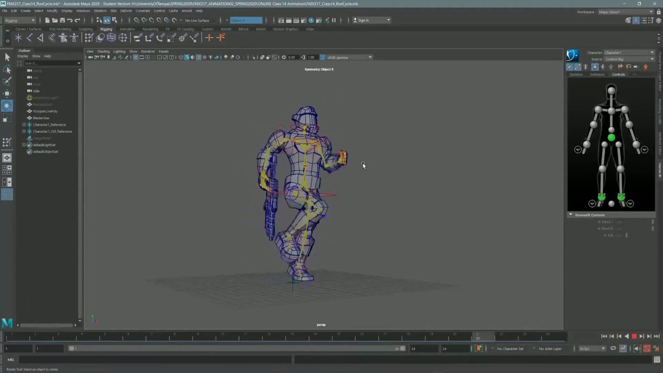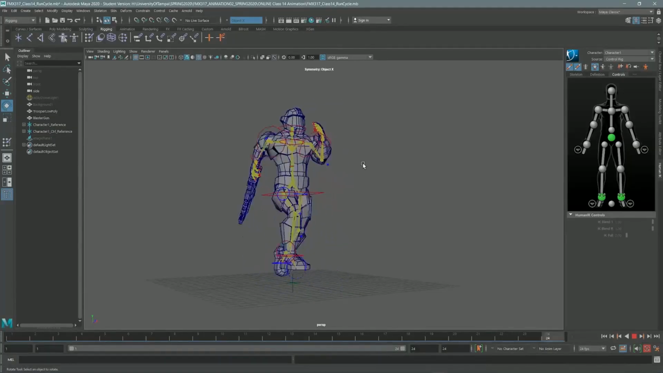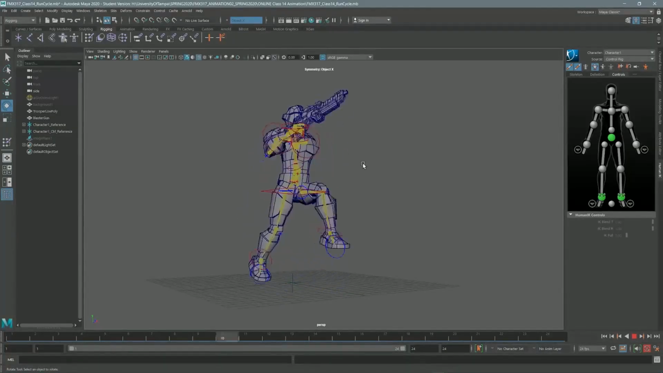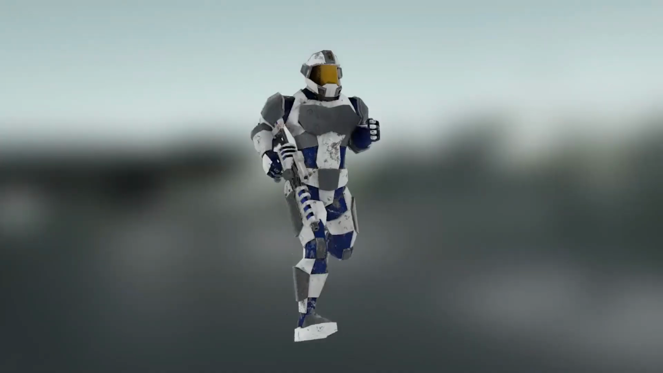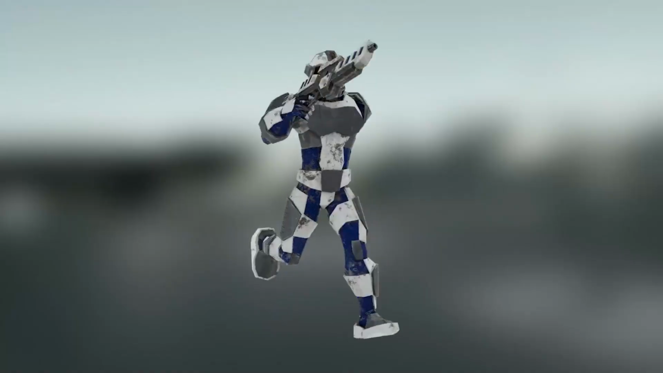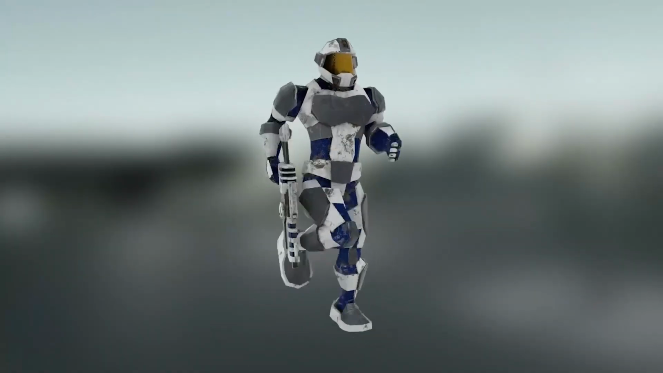So there we have it, a running cycle animation. Now I'm gonna render this. So here's our rendered running cycle. Very similar to the walk cycle, but